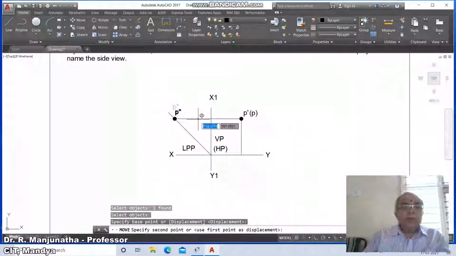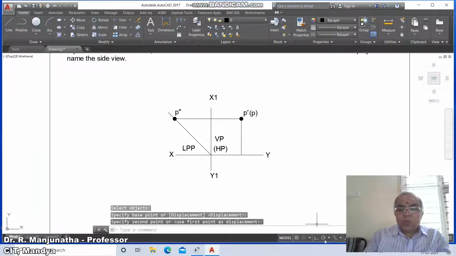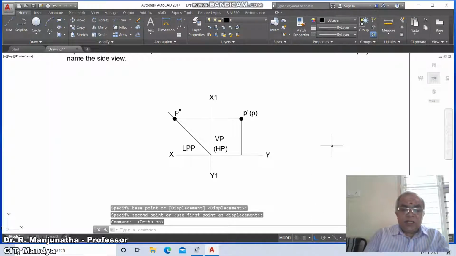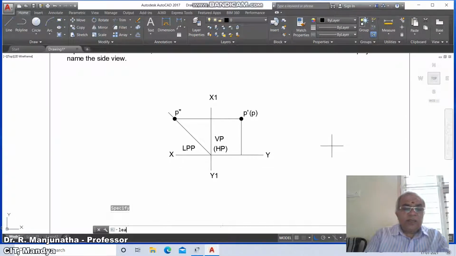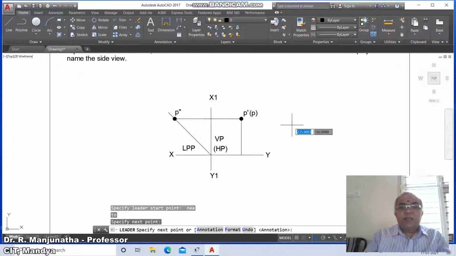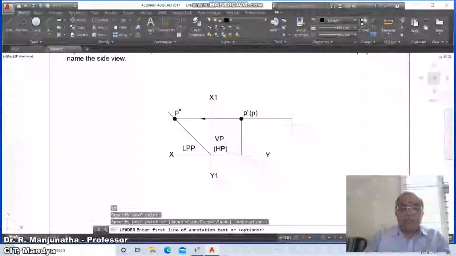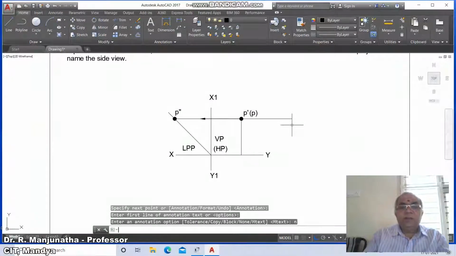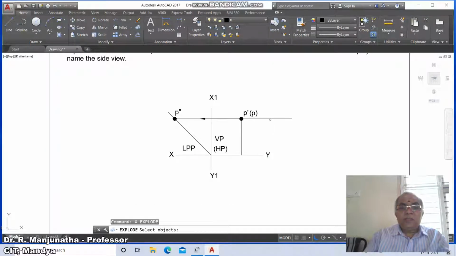You just come down to P double dash, then go to this, ortho mode on, type nearest leader, so you drag the leader from here and place it, then annotation enter, options enter, none. Then go to explode, X, then you explode this arrowhead leader and you just come out of this.